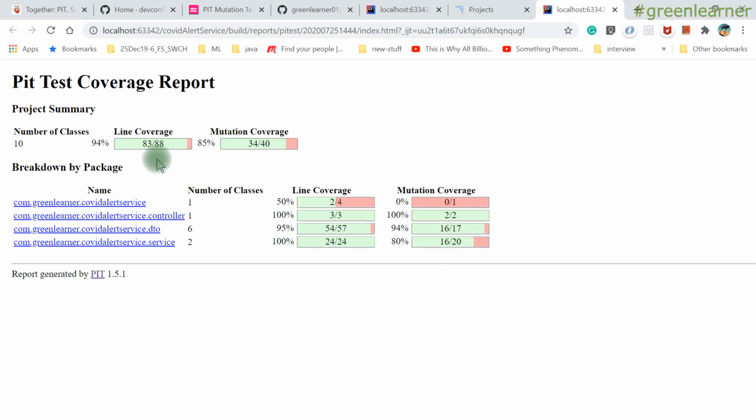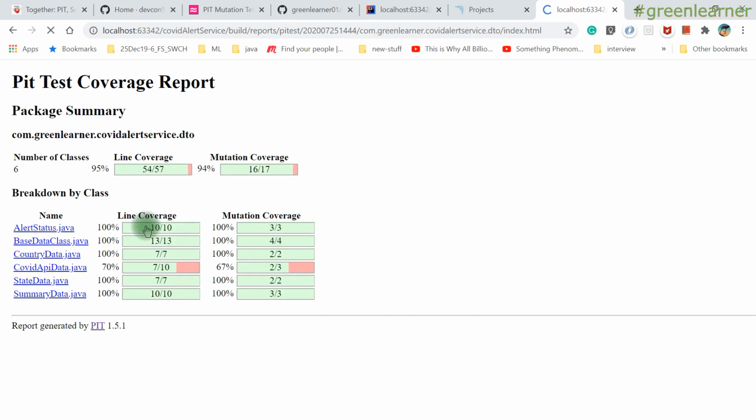Yes, now we have good coverage, right? So now I have 93, 94%, and earlier if I compare it with the previous one, I had 74% test coverage, but now I have 85%. So let's compare with the previous one, where we had 24, 01, and controller 22 and DTO. Earlier we had 13 and 19, and now we have 16 out of 17, right? So some of the issues are fixed.